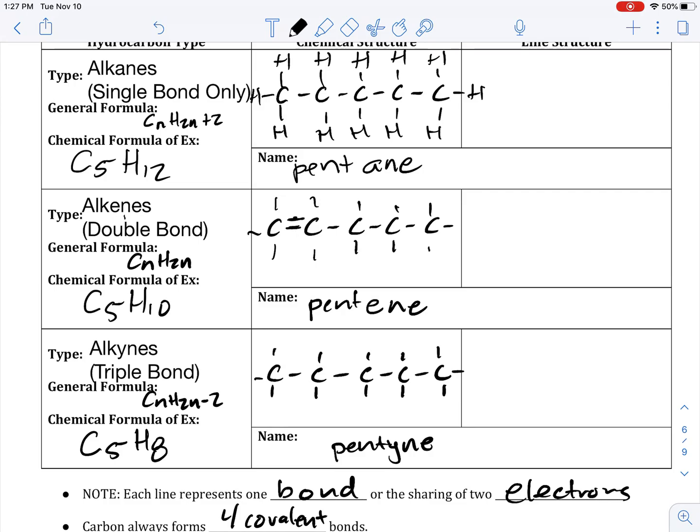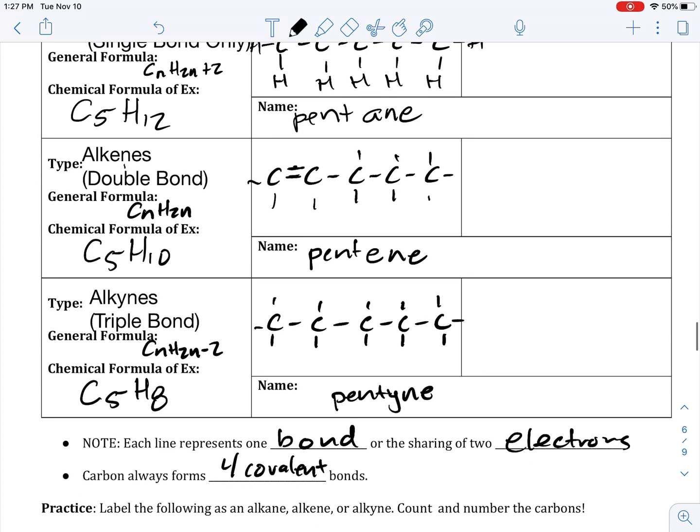And now the nice part about that is it removes 2 hydrogens. So in order for that to happen, I have to remove 2 hydrogens. And you can imagine that if I were to put a triple bond here, let's do it that way, make it a little bit neater. I'm just going to redraw it. Triple bond. What's going to happen is I have to remove, so there's only 4 total lines off of each